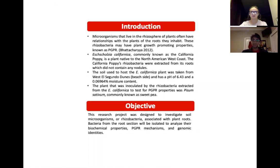The plant we extracted our bacteria from, called Eschscholzia californica, more commonly known as the California poppy, is native to the North American West Coast. This specific plant that we used did not have nodules on its root, and it was grown in soil with a 0.069% moisture content and a pH of 6.43. Finally, the plant that we tested the effects of the extracted bacteria on was Pisum sativum, more commonly known as